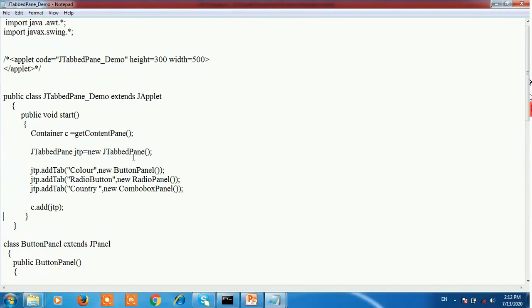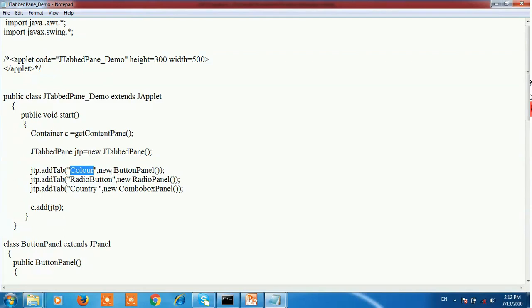After that, using the addTab method, add the tab into the tabbed pane. addTab has two parameters. First is a string and second is a component object. The string is Color and the component object is nothing but the reference to the component which should be added into the tabbed pane.